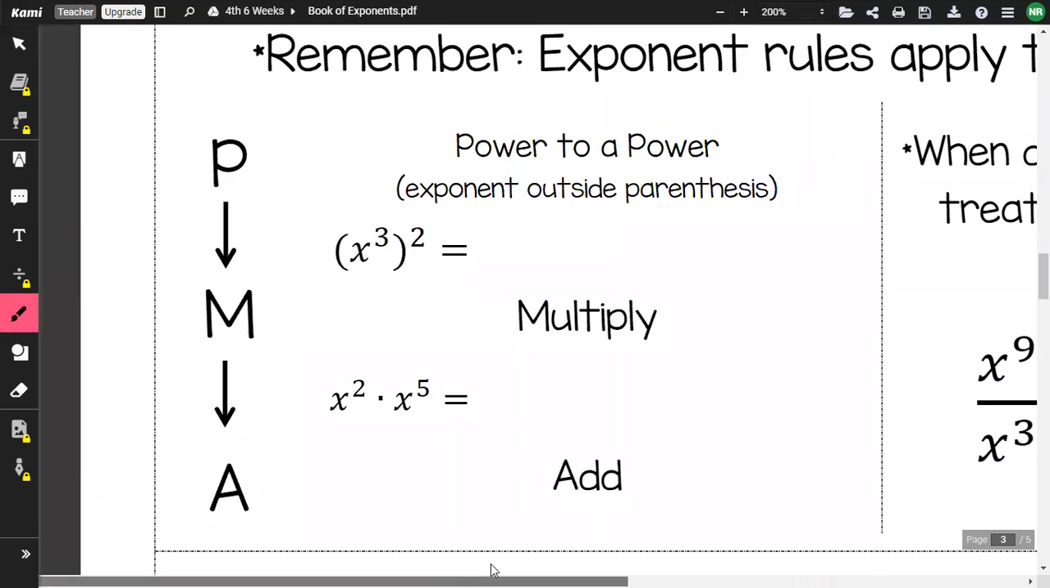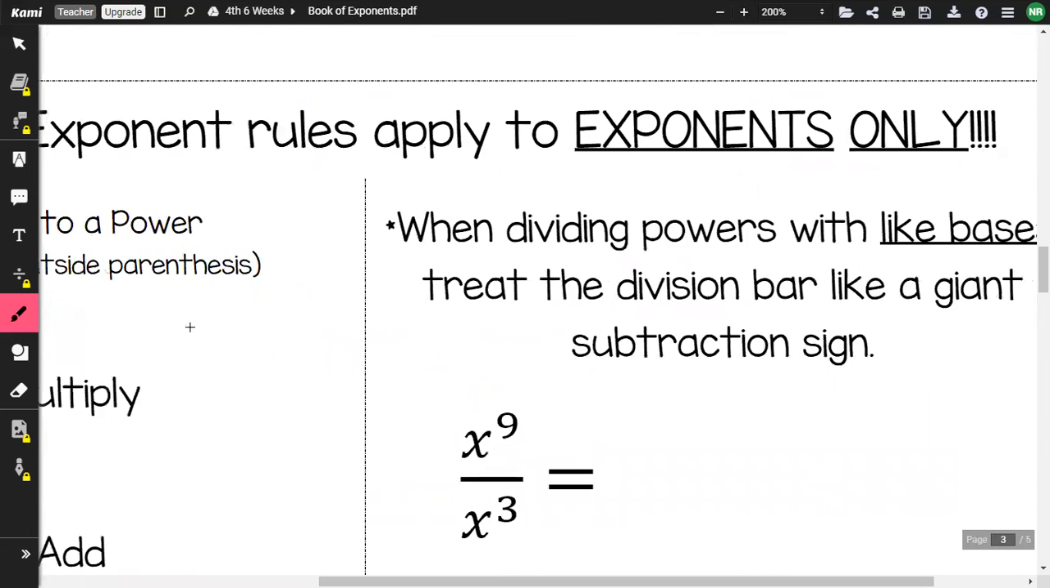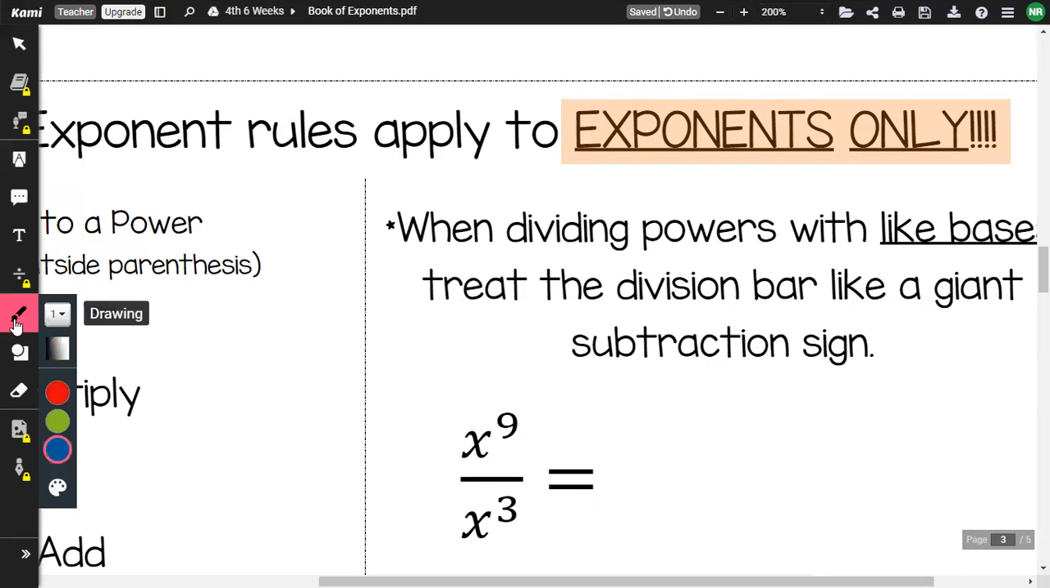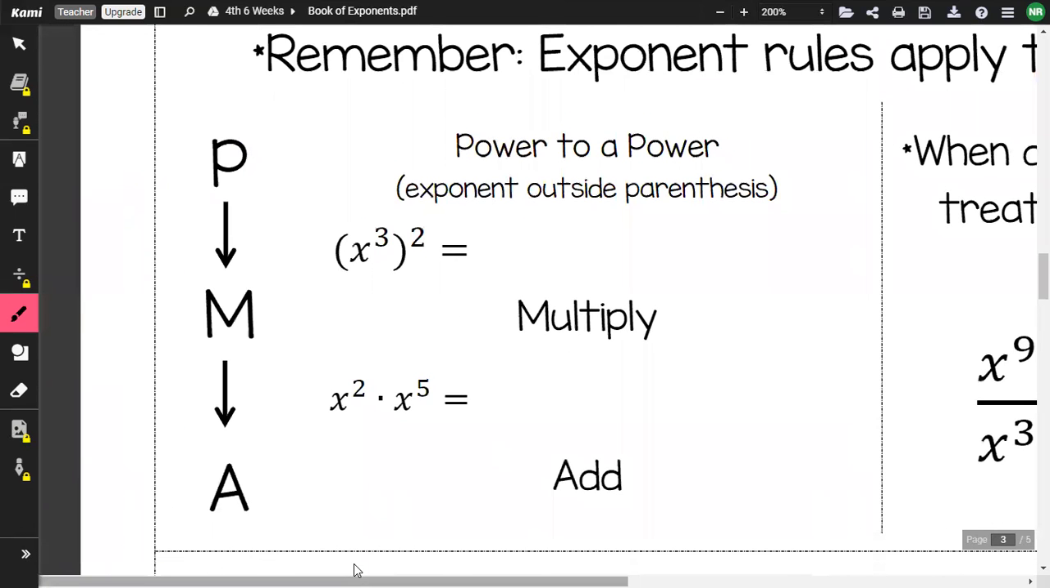All right, so the most important thing to remember is that your exponent rules, your laws of exponents, laws is another word for a rule, Angel, apply to the exponents only. The addition, the subtraction, the multiplication, that applies to the exponents only. You're not going to be subtracting, multiplying, or dividing the coefficients. All right. So PMA, that is an